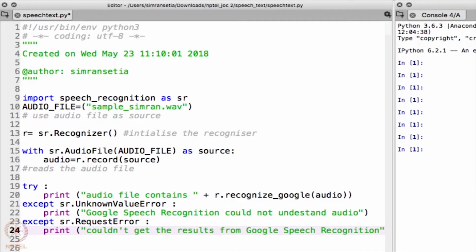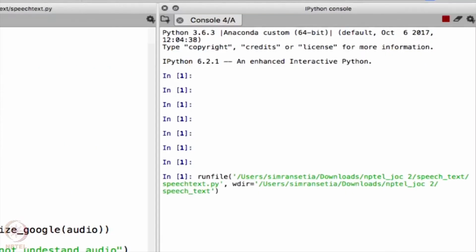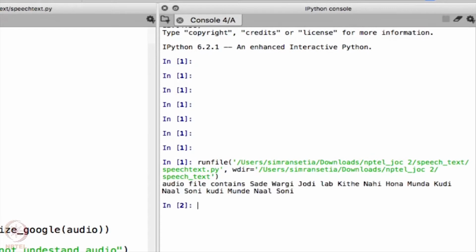Let us try to run this program and check whether I'll be able to help Shubhada or not. Yes, we have the audio file here. Audio file contains that particular song, and let me check that. Yes, it is right. Isn't it amazing? We can just record our audio file and convert it into text. I'm very happy I can help Shubhada, and I think she can learn the lyrics by heart and improve on her dancing skills. I think so.